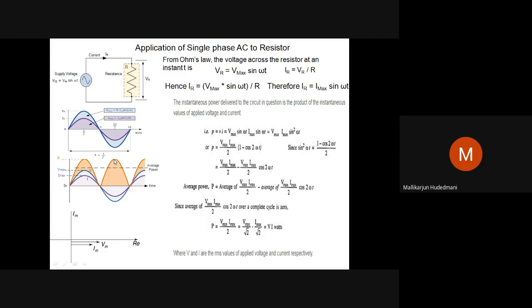Automatically, the peak crust is noticed here. From 0 to the crest, it is an increasing phenomenon. From the crest to 0 again, it is a decreasing phenomenon. I will get two sinusoids of the power wave. Therefore, I can say power is not 0.